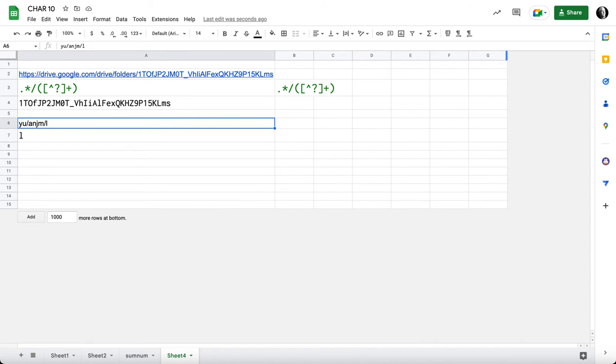Hello folks, and here is a little lesson on using the regular expression to extract the ID from a Google Drive folder. Let's take a look at how this works. Down here, I'm just using an example to sort of show how this works. What this is doing is looking, this expression right here, this is my